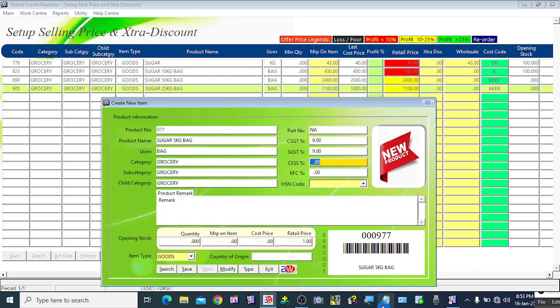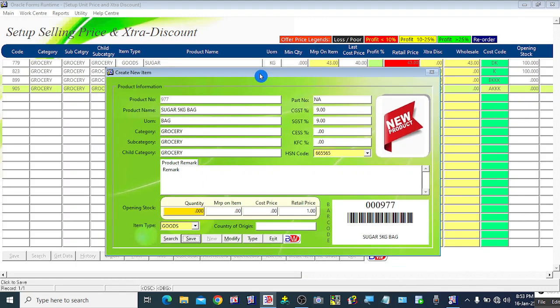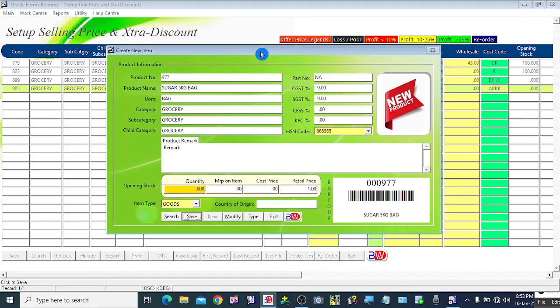SGST, CGST is 9%. HSN code you can enter. And at the moment, consider there is no opening stock. We are going to create this item as new. We do not have any opening stock for this product. The system will automatically assign a barcode and a product description here. If you want to print